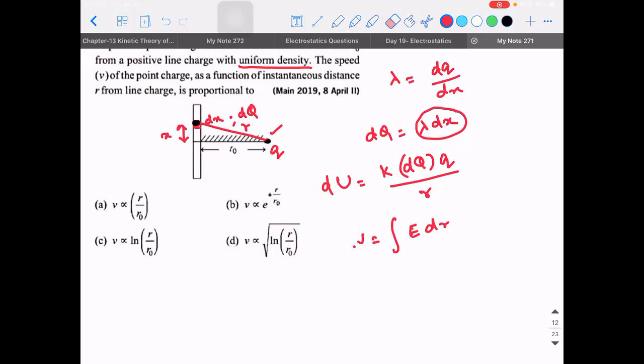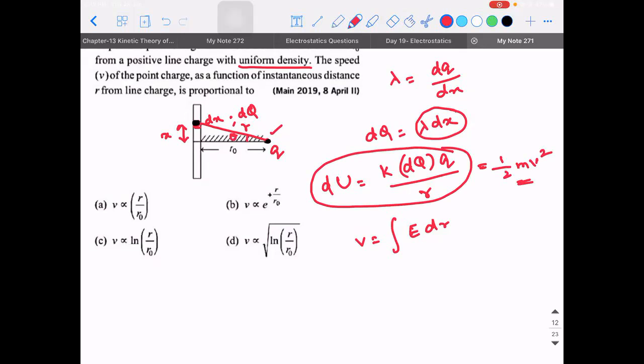But that's right. They asked about proportionality. If they ask the exact answer, you will get stuck. Okay, so you want me to do it like this. See, you can actually solve the problem using this idea also. It is not bad, it is good. Because if I am able to calculate the potential energy, I'll equate that potential energy to half mv square and I'll still get the answer. But I need to start taking trigonometry into consideration, which is going to be a little bit of a headache for me.